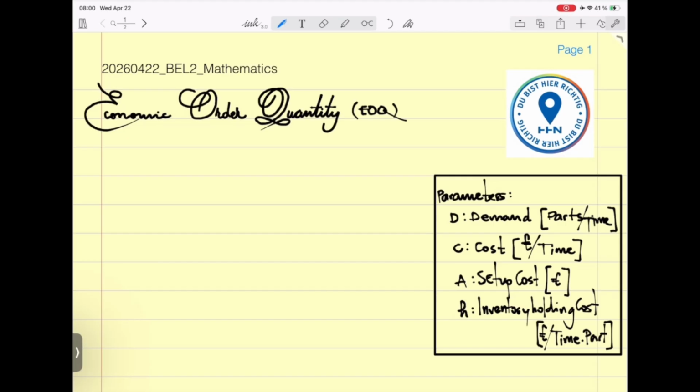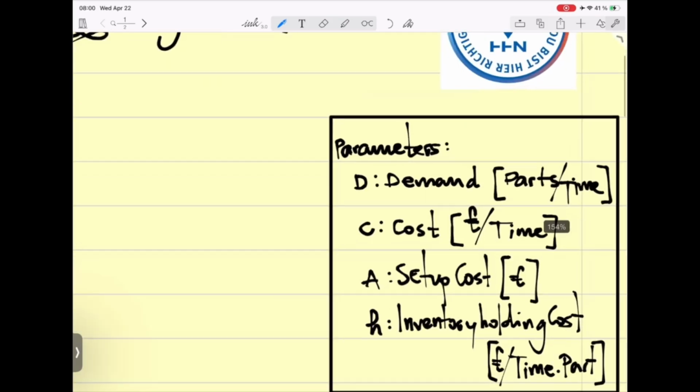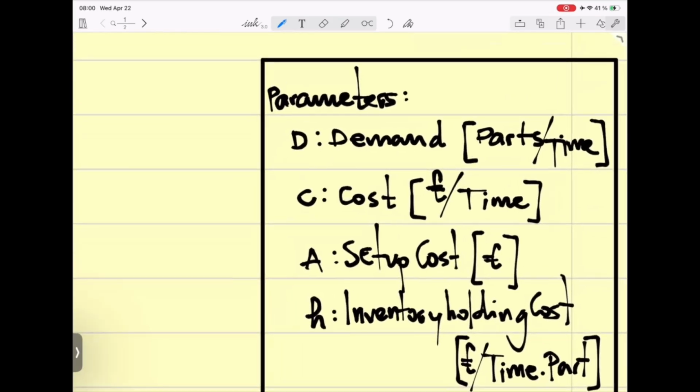We are going to look today at a model very important for logistics called economic order quantity, okay? And we are going to make three different hypotheses and then we get three different solutions. The parameters we're going to use throughout are the demand D, measured in parts per time, the cost c, euros per time or money per time,